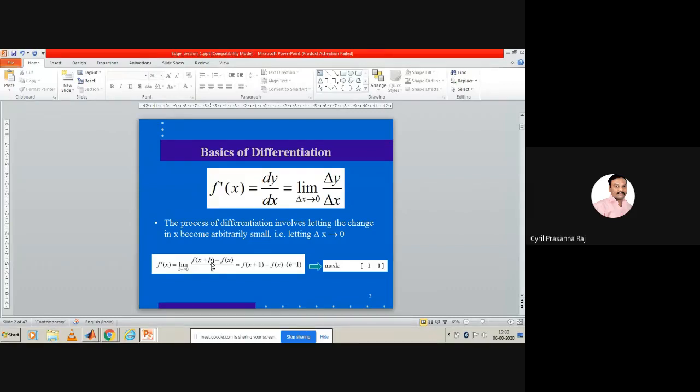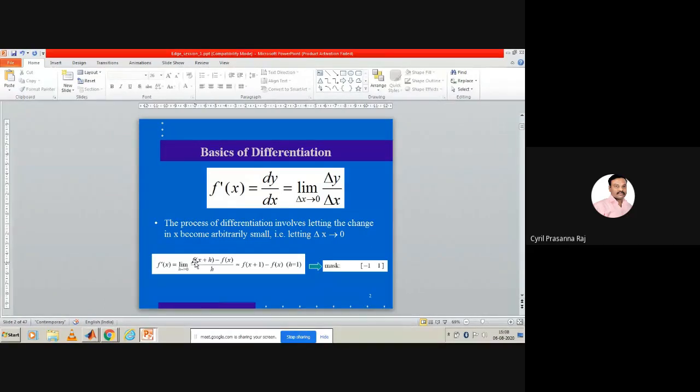For example, you are tracking a straight line. So x is a small point on a straight line. We call it f of x. And if you change x by a small value h, we call it f of x plus h.